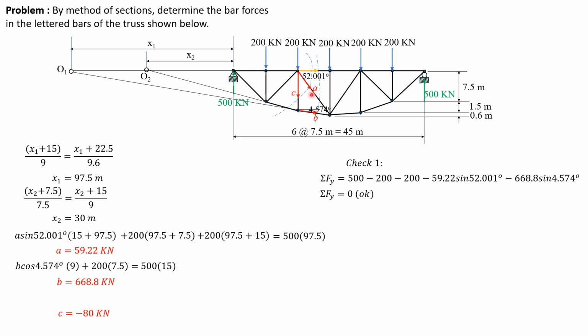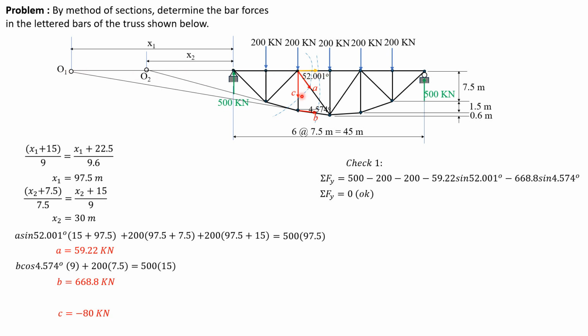To determine the bar force of A, we have to sum up moments about O1 so that this force will not be involved in the moment equation, and B is also not involved. By the way, B makes an angle of inverse tangent of 0.6 divided by 7.5, or 4.574 degrees. So again, summation of moment about O1 equals 0. A has two components. The horizontal component of A passes through O1, so don't mind it.